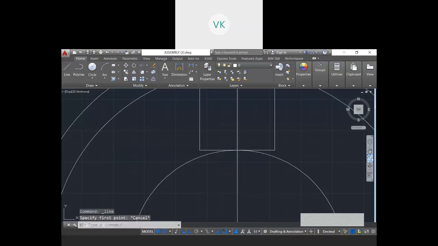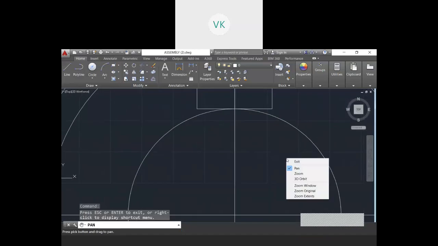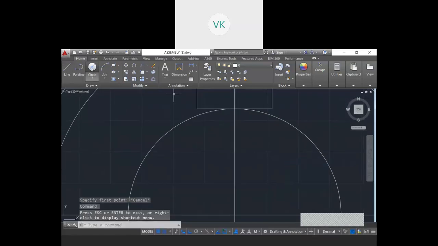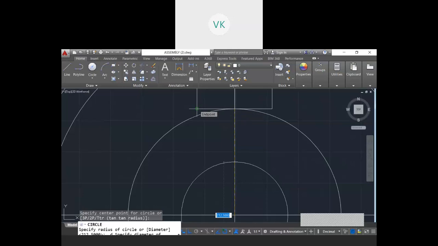Else what I will do, I will draw one more circle. So it will be easy to draw a pole. Till here I will draw the line.